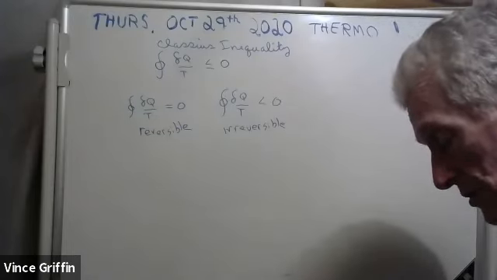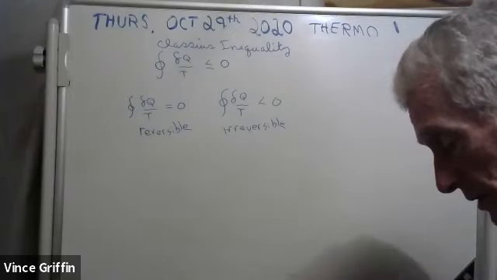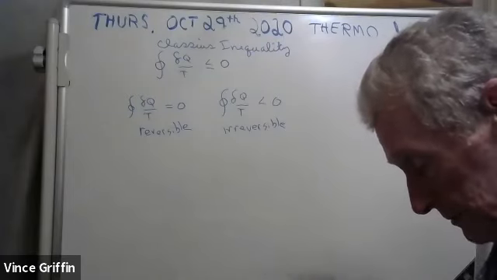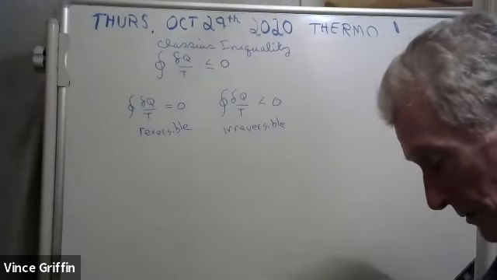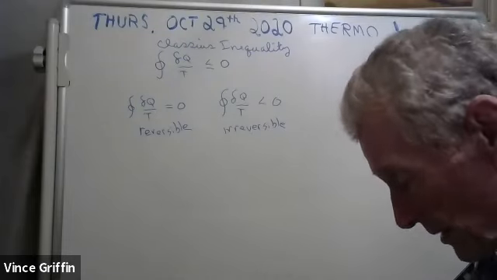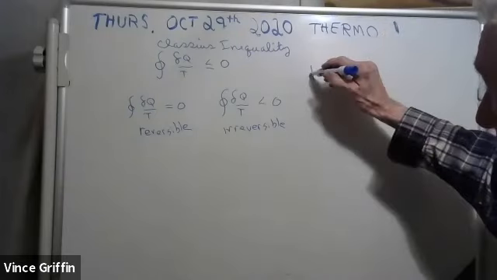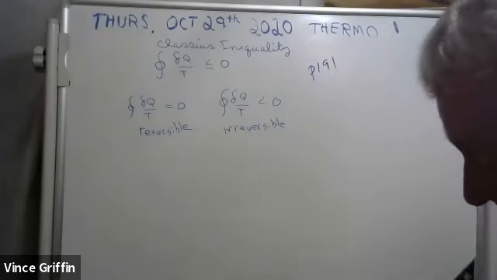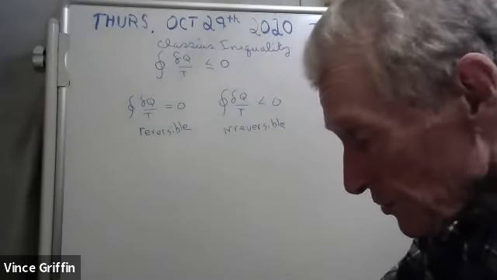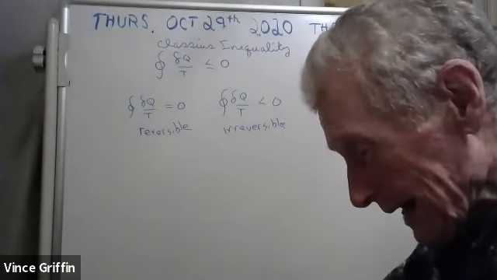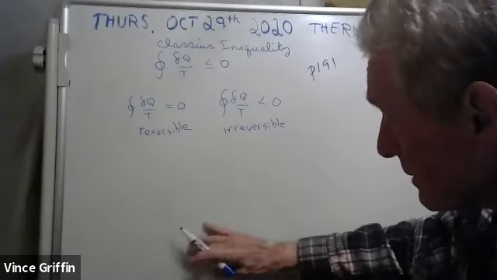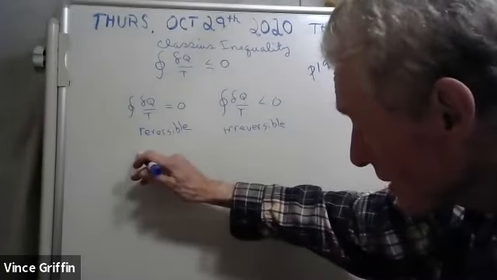And this is all in your book. Let me show you the page. And we'll have our second law. If I can find it here. Yeah, it's on page 191. I'm looking at page 191. If this doesn't make a whole lot of sense to you, don't worry. At least you'll have some idea where in the heck the second law came from. It came from this. What they did was they plotted up some cycles